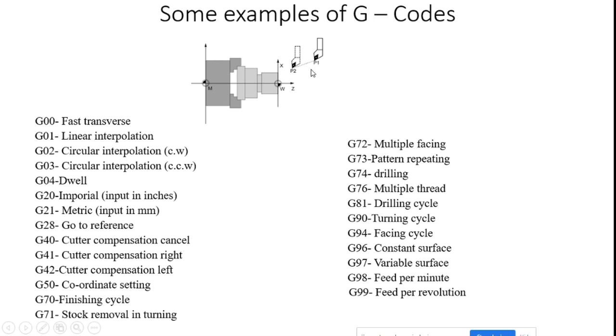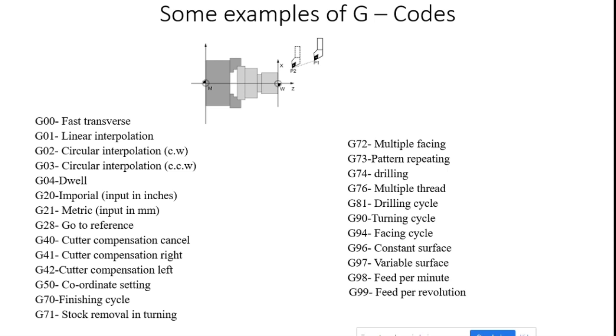In some cases I utilize curvilinear motion, because circular interpolation is also needed for making an arc or circle, like turning. Here, with circular interpolation, we may produce clockwise or counterclockwise direction. How can I mention both? If I want to produce the arc in the clockwise direction, I utilize G02 for clockwise circular interpolation. If I want to make counterclockwise circular interpolation, I may utilize the G03 code.